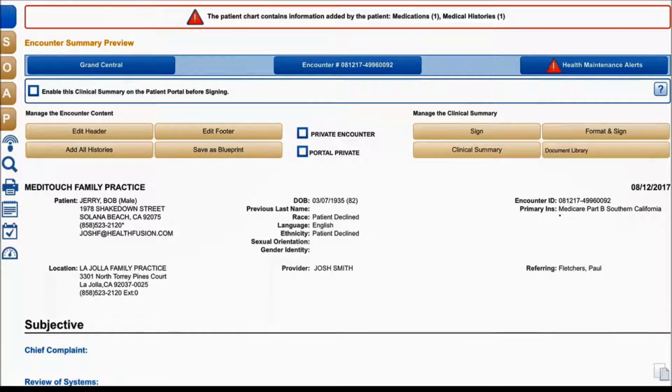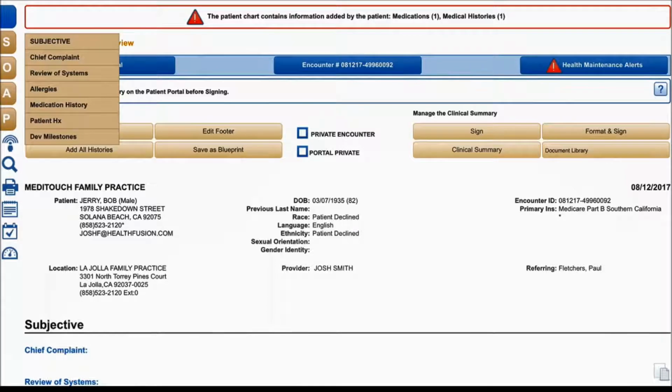Before we get started with his SOAP note, notice our warning across the top. Bob tried to add medications and medical histories to his chart via the patient portal. Now the clinical staff can confirm those changes to the patient's medical record just by navigating to the S button